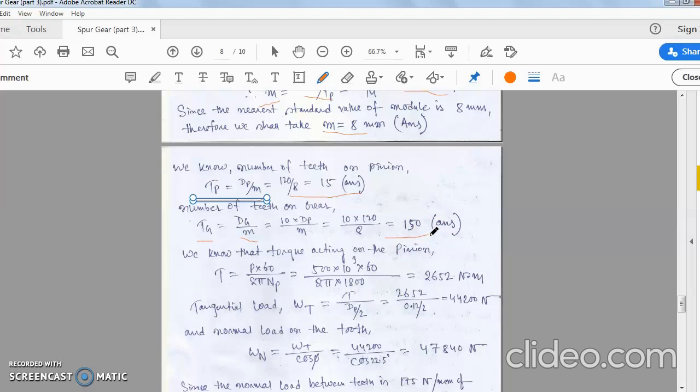So that means two gears will mesh only when the module or the circular pitch is the same for the two gears. Circular pitch means PC equal to pi d by t. That means circular pitch for the two meshing gears will be same, and also d by t, that means module, will be the same for the two meshing gears. Okay, that means module for gear will be equal to module for pinion. If this criterion is satisfied, only then this gear and this pinion will mesh with each other, otherwise not.